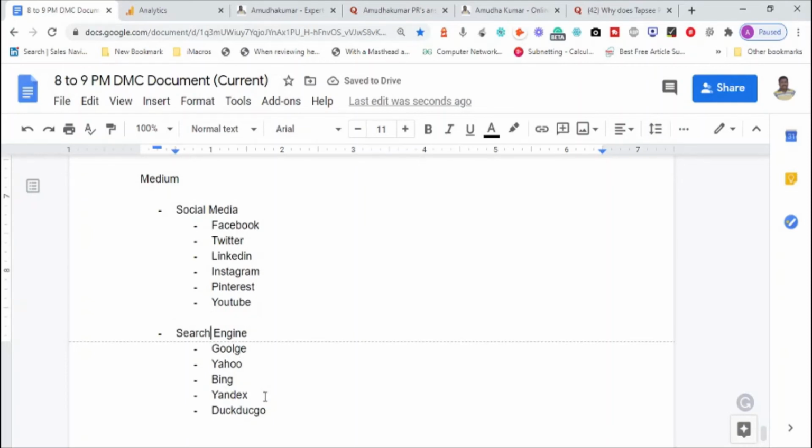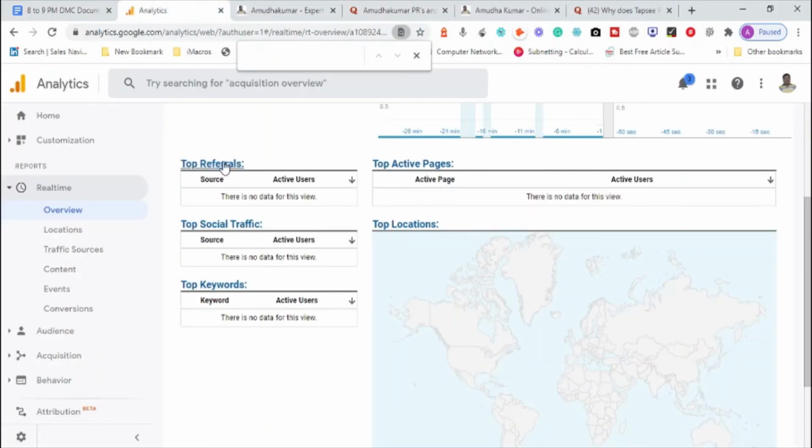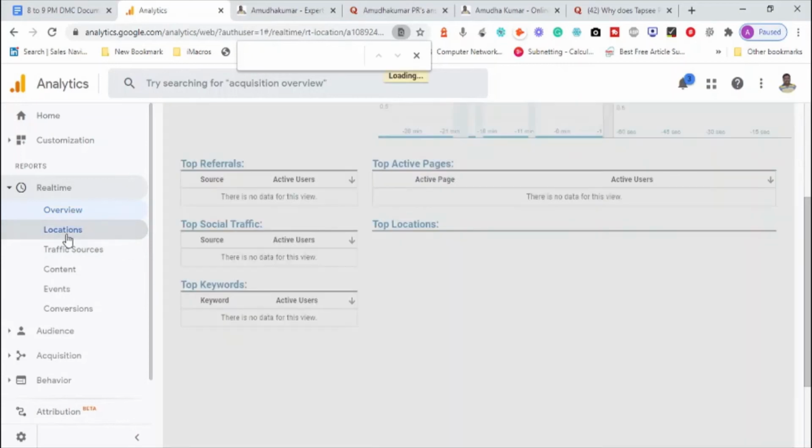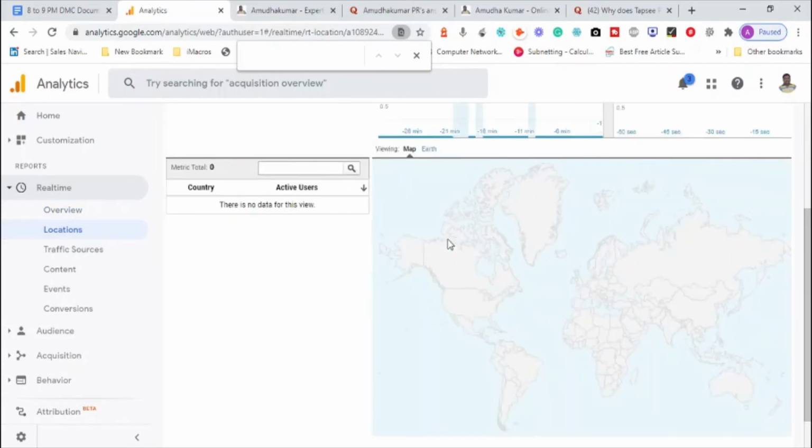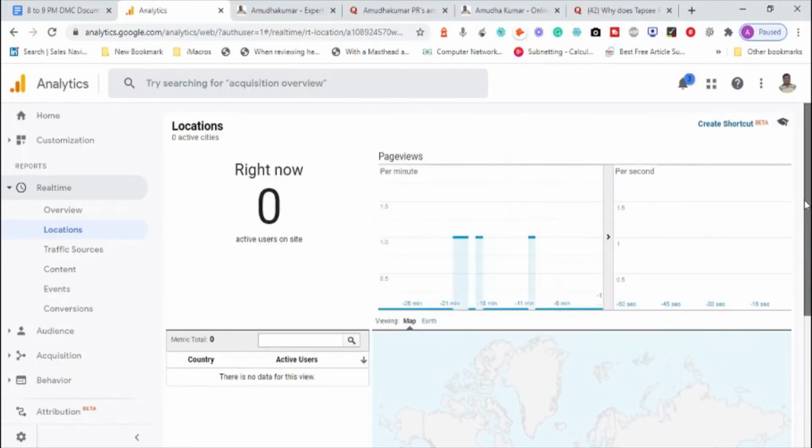I just want to let you know that these are all the metric-related items available inside Google Analytics. If you look into Real-time, there is something called Overview. It gives you the summary of all the data, and the locations, the different locations or countries from where people are coming. The date range that you have selected to view this data is very important. For live or real-time, you cannot select a date range. And these are locations.